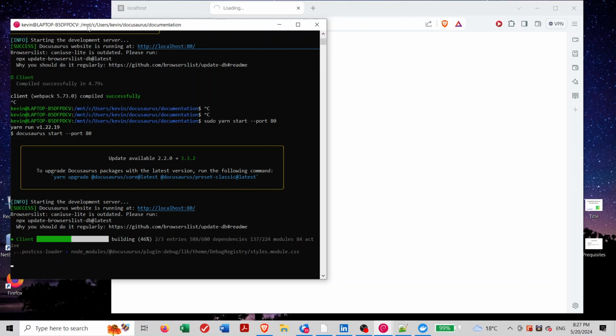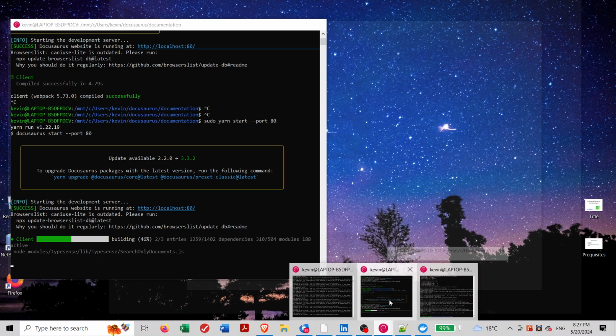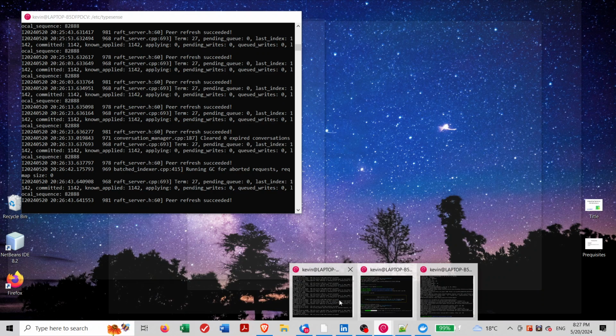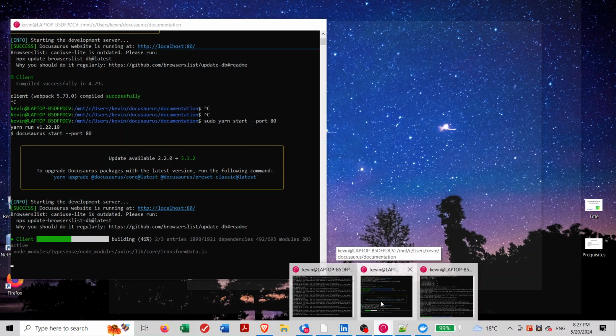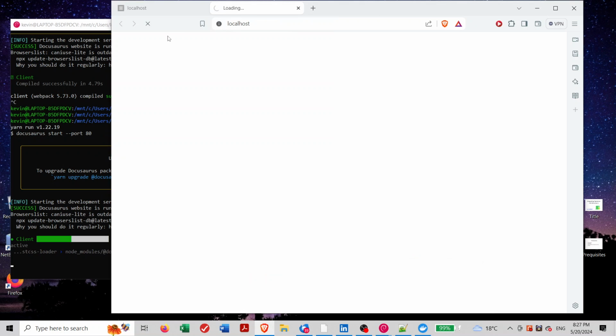The scraping obviously has been finished. We saw quite a number of hits there, 348 hits, for example. And over here, the Typesense server contains all that information. Now it's just Docusaurus we're waiting for. Should just be a couple more minutes before we will be able to see that new page with the integrated